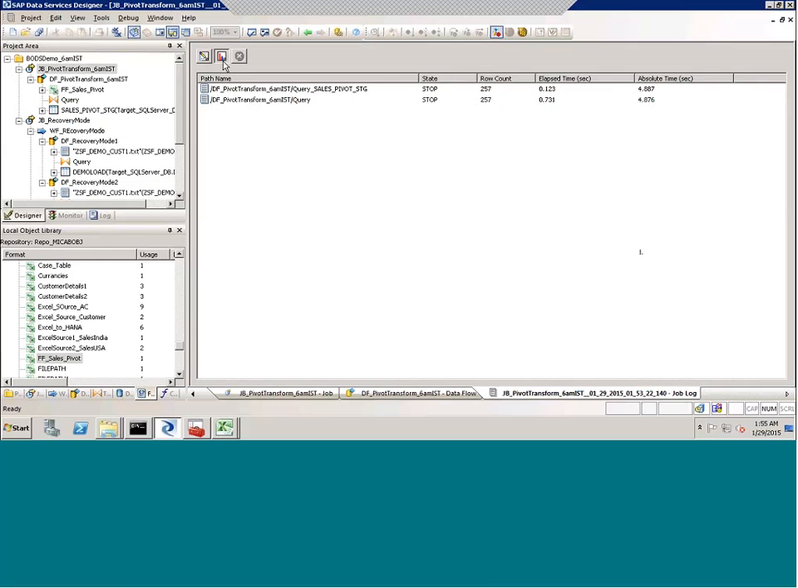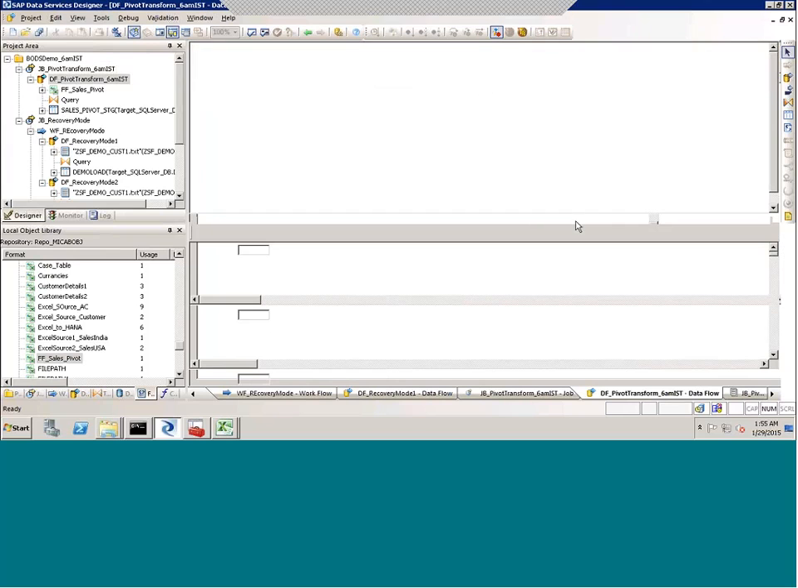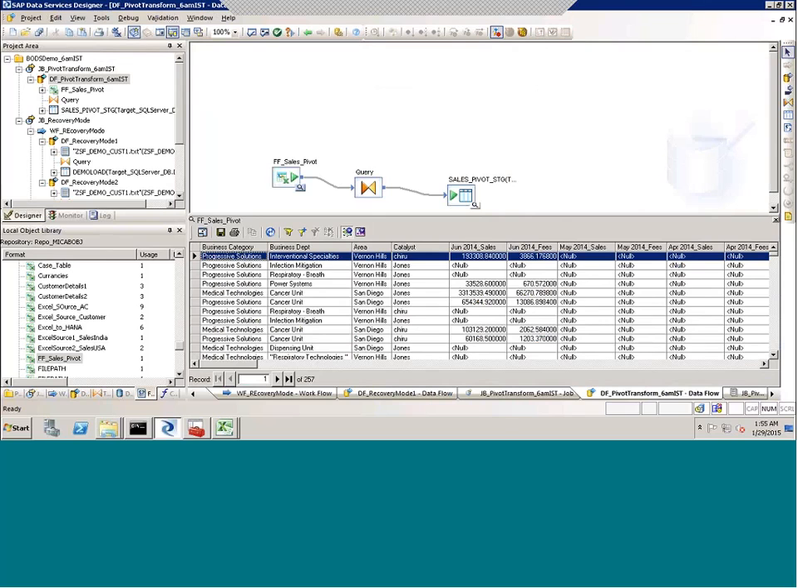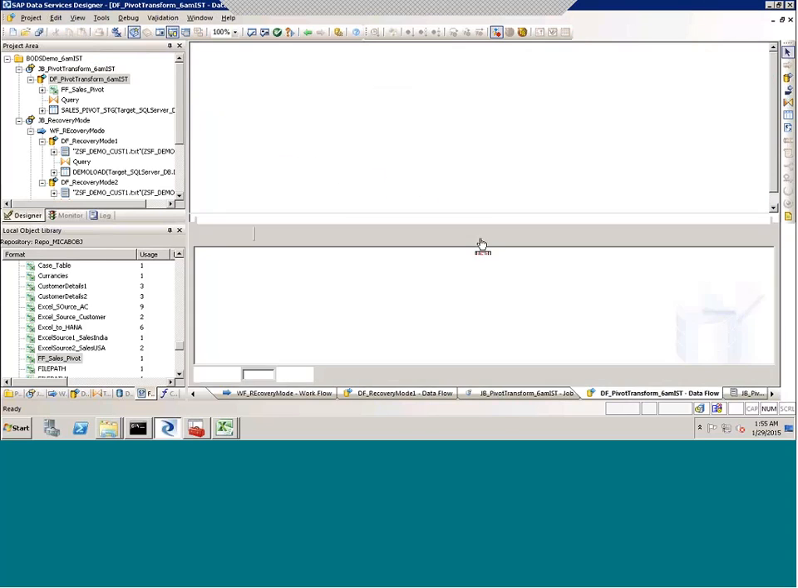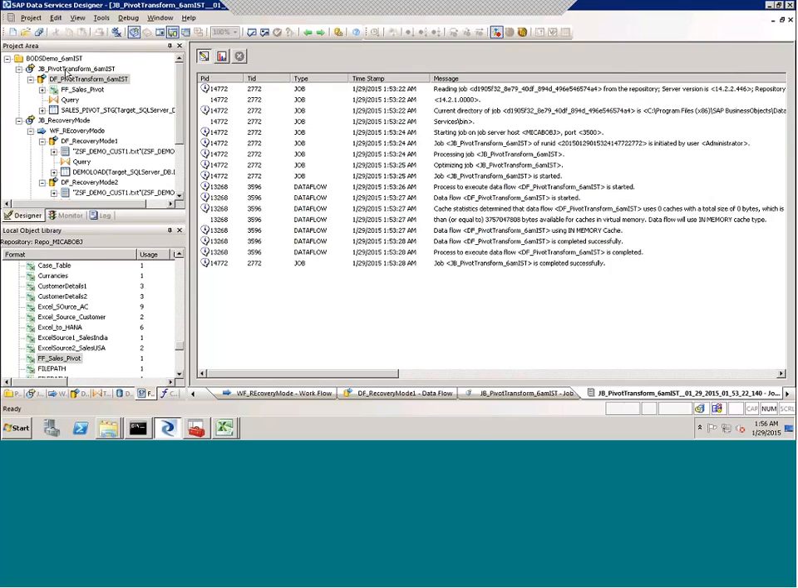I have simply executed the job. It has loaded 257 records. And let's preview the records here, to see whether we could achieve all the records or not. Yeah, so all the 2014 related features and 2014 related sales, I was able to get from the staging data. Now I'm going to create